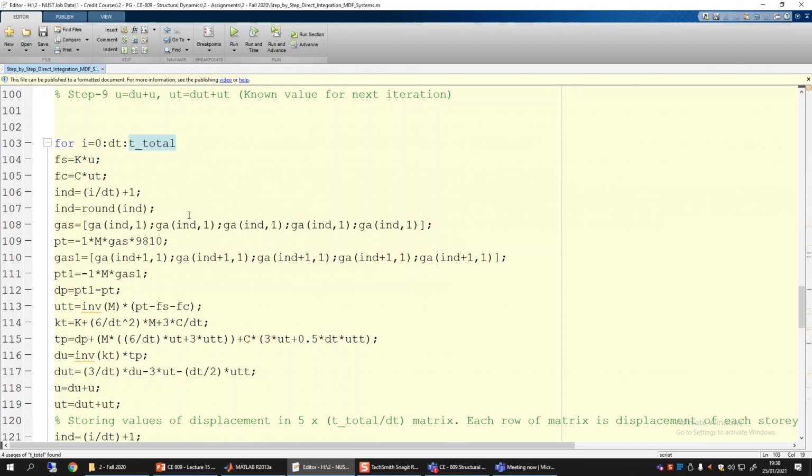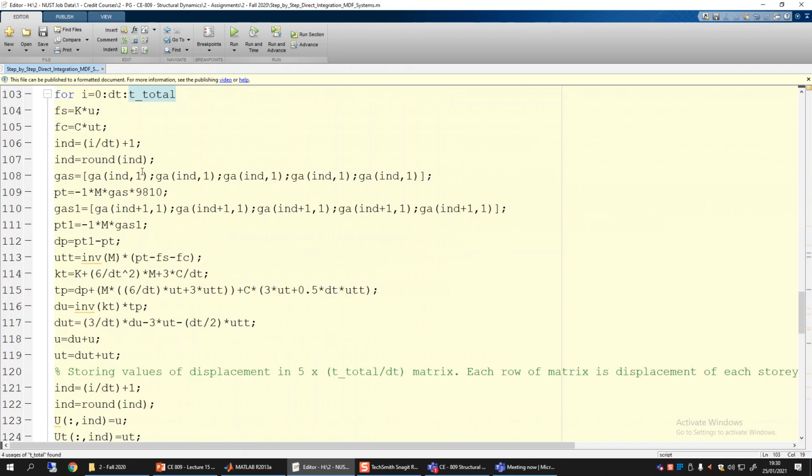So the whole of my flow chart will be these few lines of code, which calculate the different steps of that flow chart. First of all, we have Fs and Fc, the elastic restoring force and the damping force. Since we assume that this is a linear structure, the K and C matrices are constant. They will not be updated after every time increment; they will remain the same.